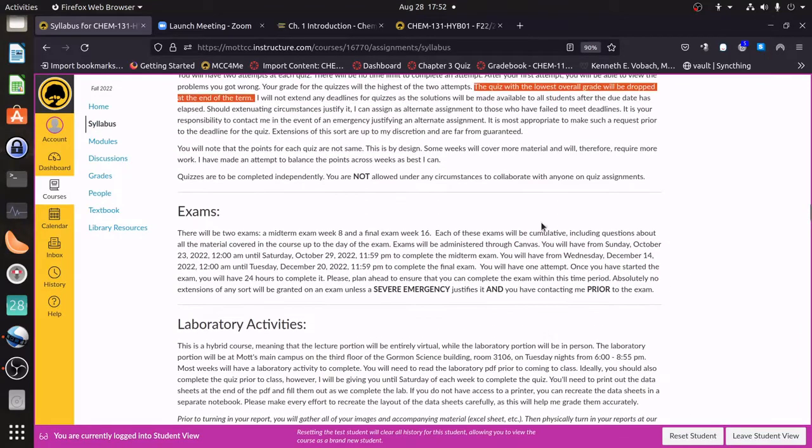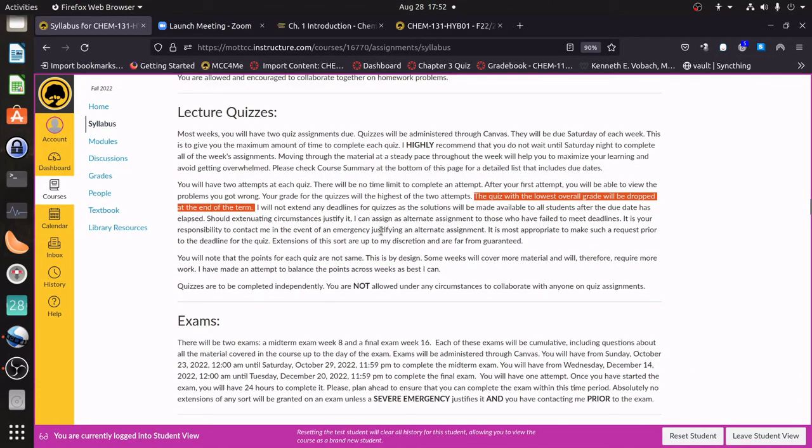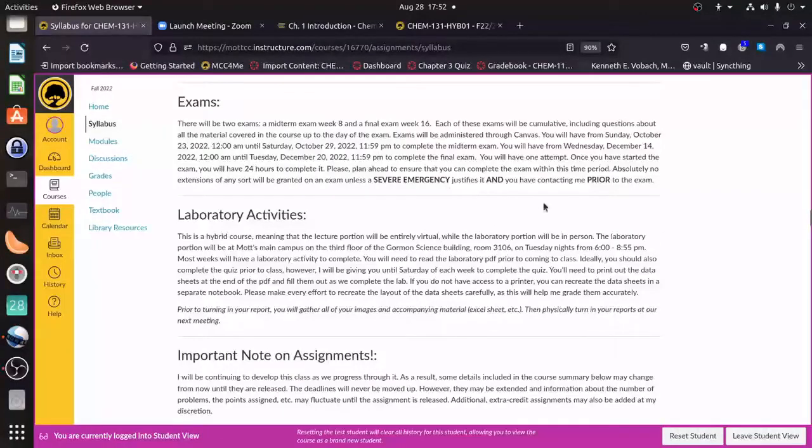And I can give some flexibility if you miss a lecture quiz and you have a good reason for that, but that really doesn't work well with the exams, especially the final exam, because I have a really tight deadline between when you guys are going to turn it in on December 20th and I have to have the final grades due. So really that has to be a severe emergency, and you really need to contact me prior to the exam for me to justify giving any kind of extension on